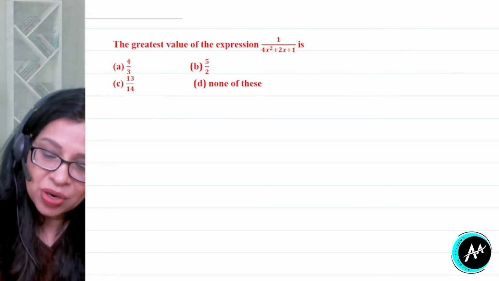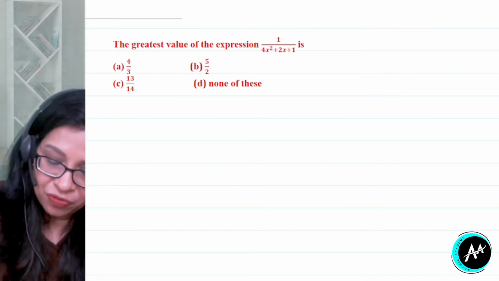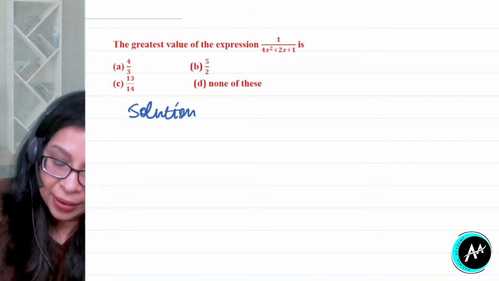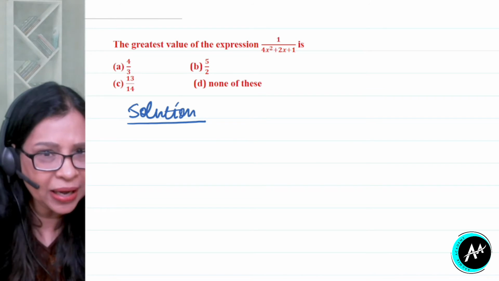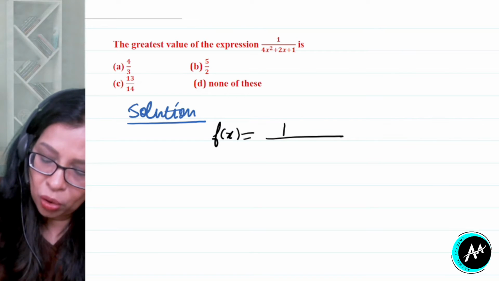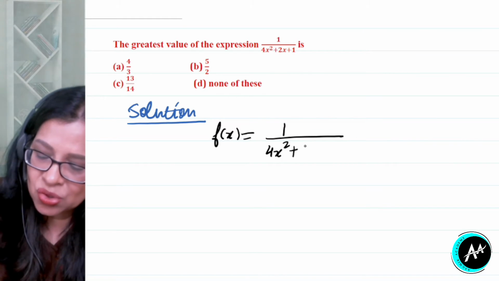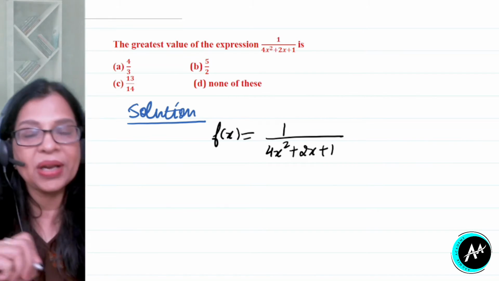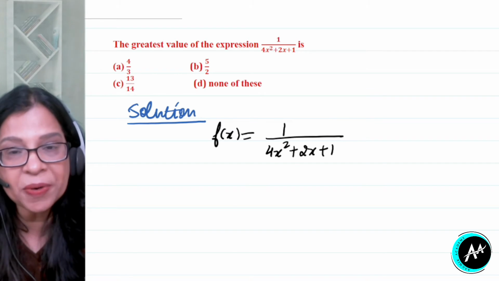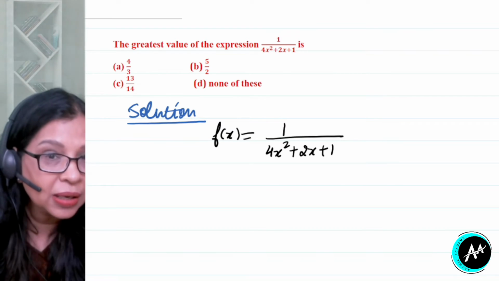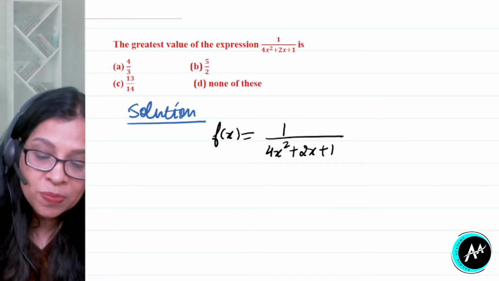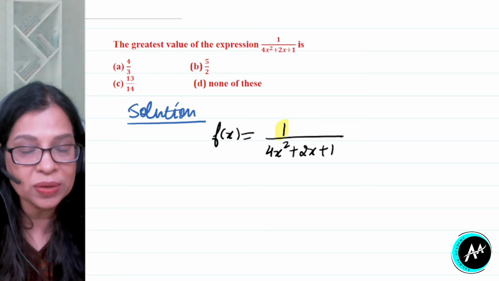Now this expression we may denote it by fx. So we are going to first of all write the solution. Alright, now let me denote this function by fx. So suppose fx is equal to 1 upon 4x square plus 2x plus 1. Is it okay? Now look here. In this case, the quadratic expression is not in the numerator. It is in the denominator, as you can see, isn't it? And also observe one thing, that numerator is constant.